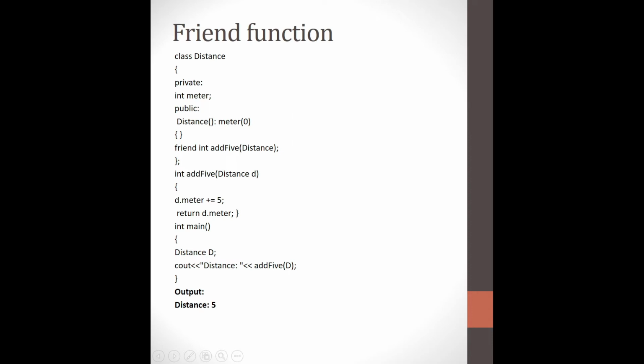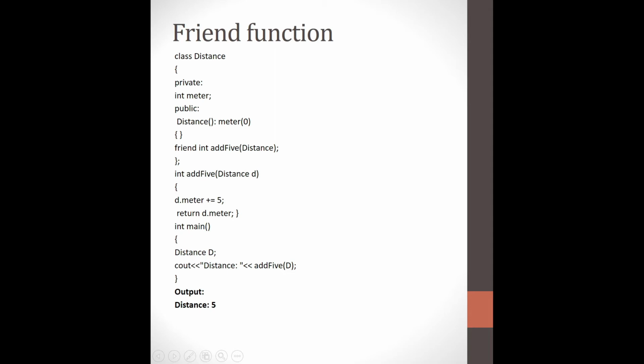Here you have the class named Distance. Now you can see that there is a constructor wherein you say that meter is equal to 0. Now you have something called the friend keyword. And outside your class, here is your class that has been terminated, and outside this class you can see a function.